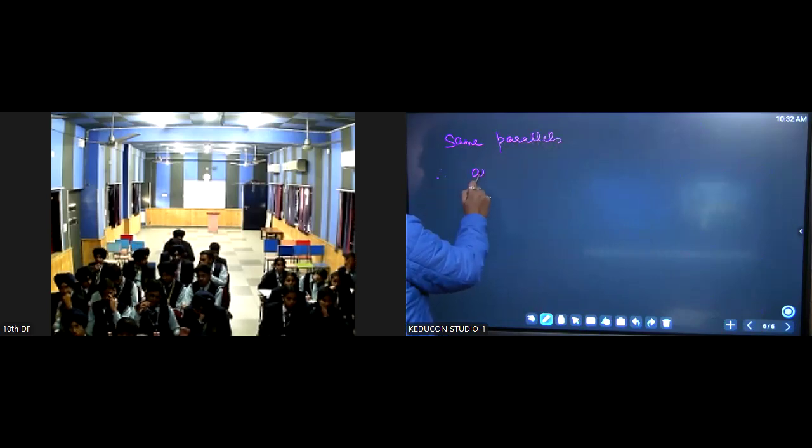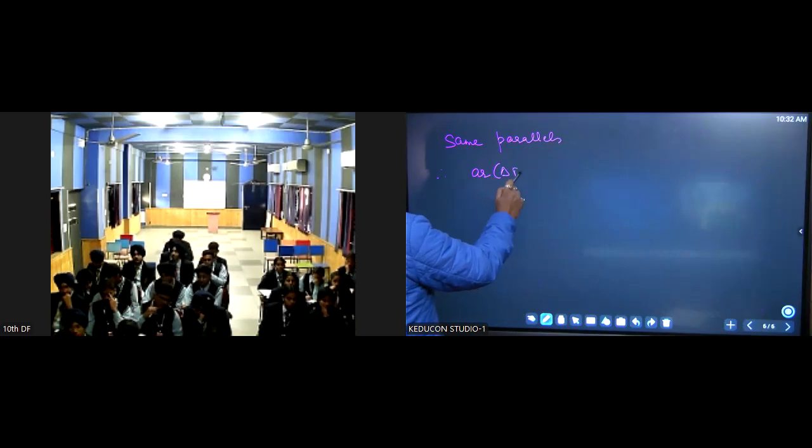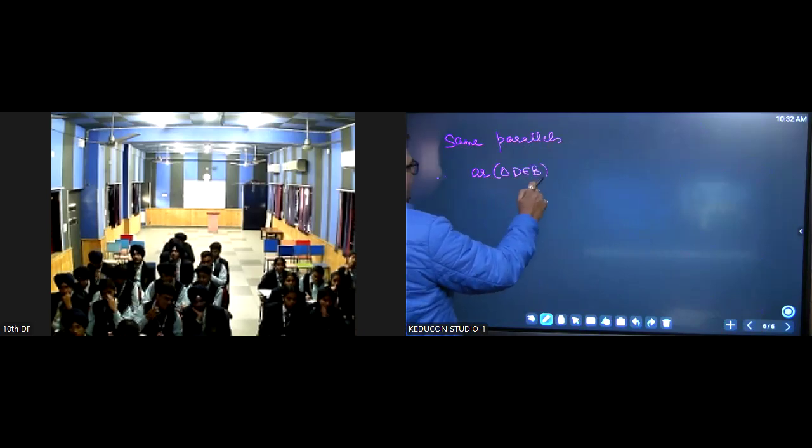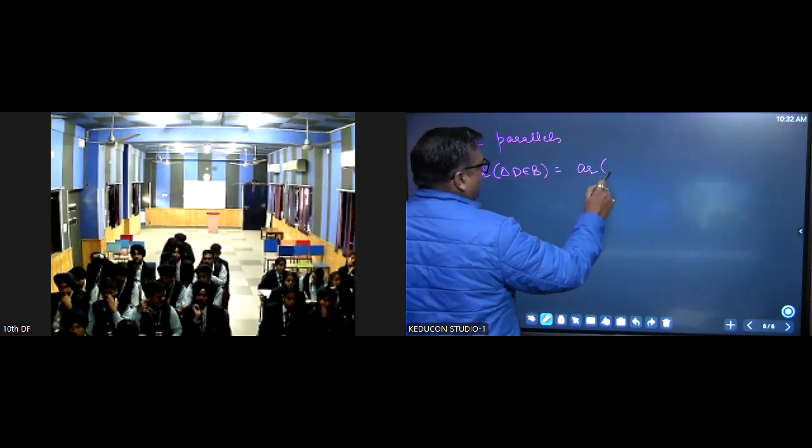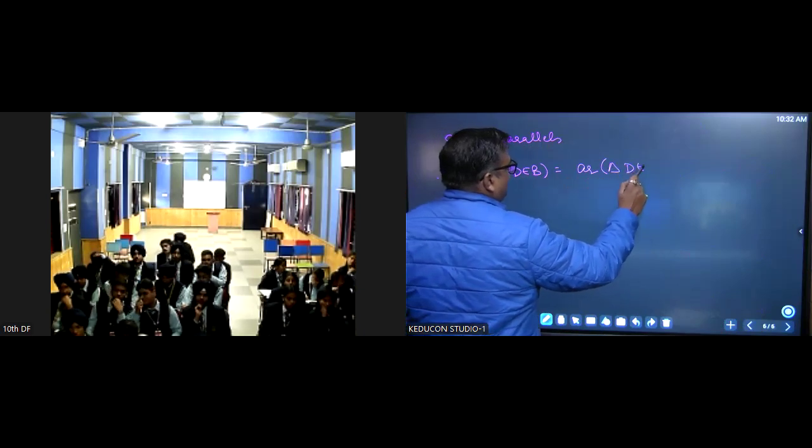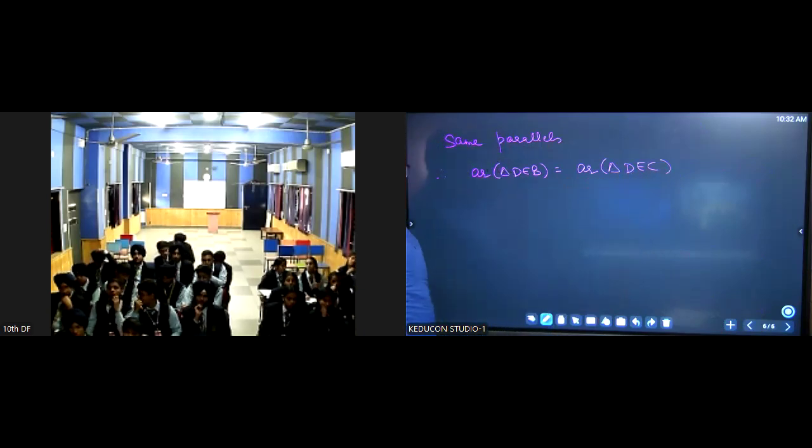Therefore, area of triangle DEB is equal to area of triangle DEC. Right, बच्चों? You can write this statement. So therefore,